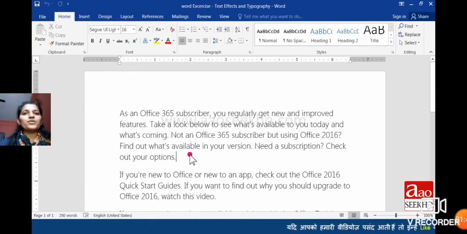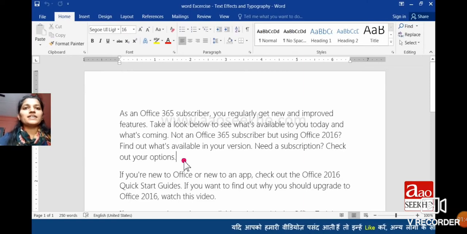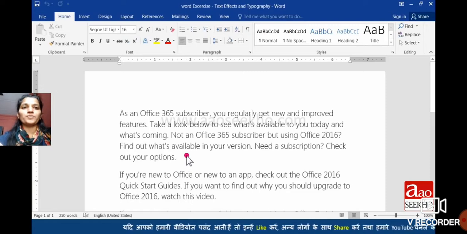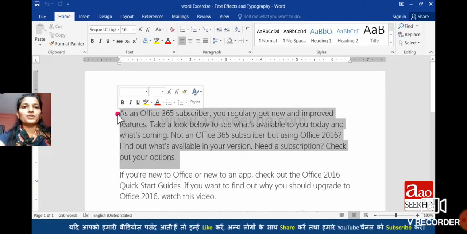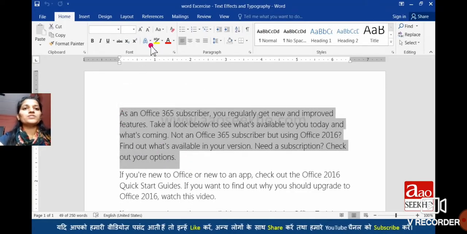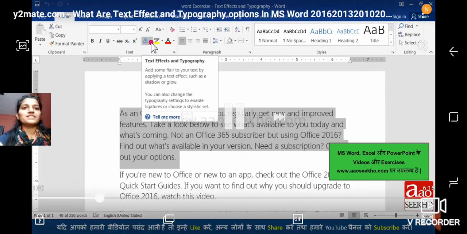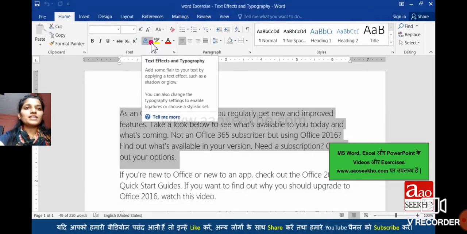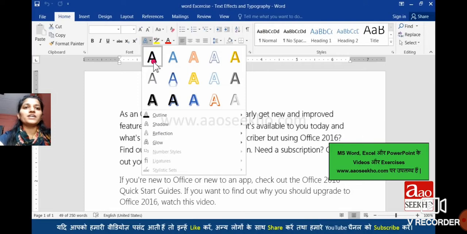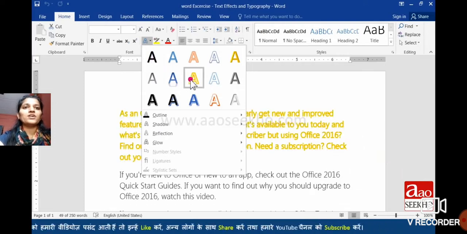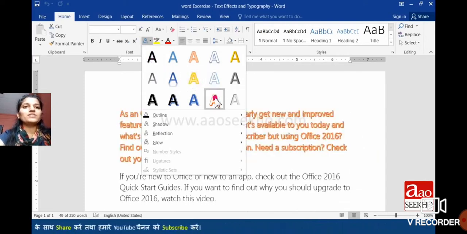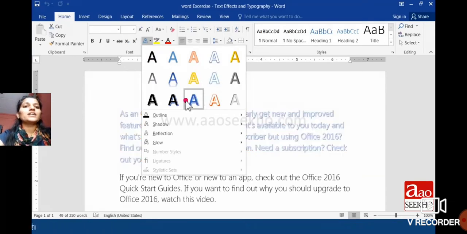So students, now here on the screen we can see that there is MS Word. When you open an MS Word document, you can see this type of window. First of all, you are going to type the paragraph in this blank space. Then we have to give the effect by selecting the paragraph. Here you can see that when you select the A, you can give different colors to your paragraph.